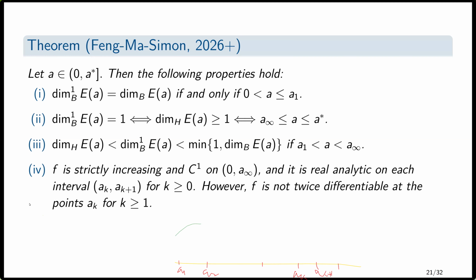This is F1, and this is F2, and then we continue. So it is a piecewise function, this is F1, and totally it is F. And F is C1 on the interval, and it is real analytic on each interval A k to A k plus 1. This means that the function f k,